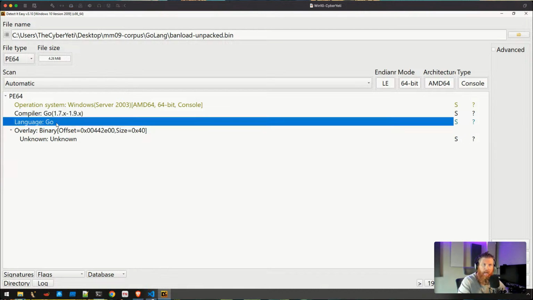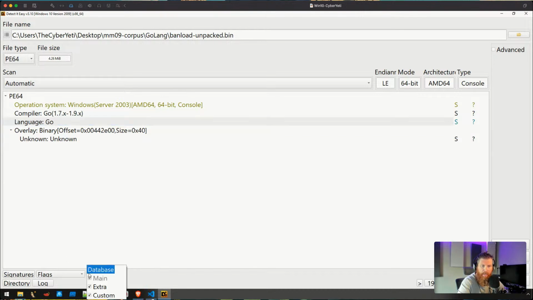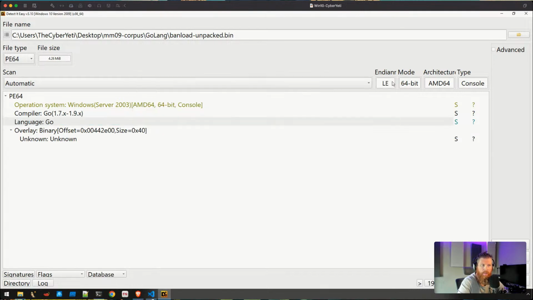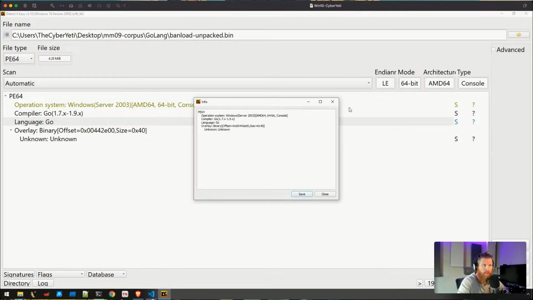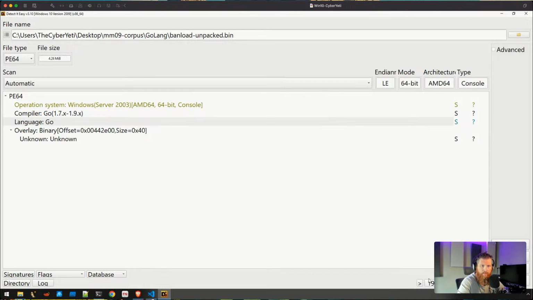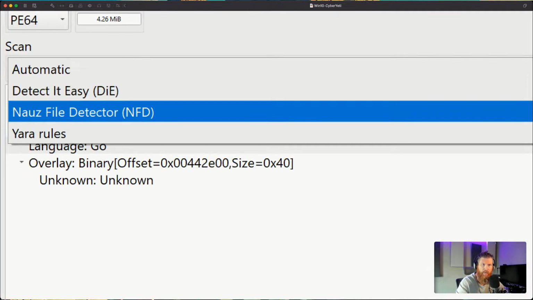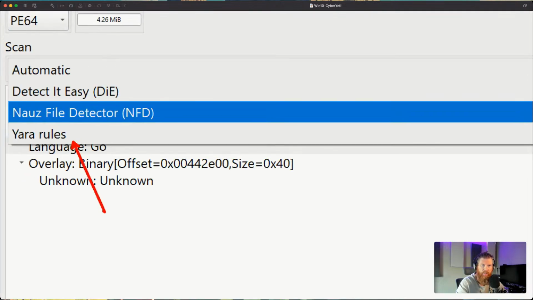One thing that I think is interesting here, we have signatures down below. You also now have, as Drew pointed out, the ability to scan with Yara rules.